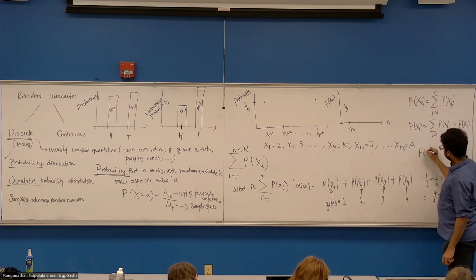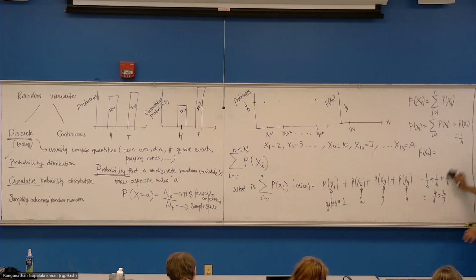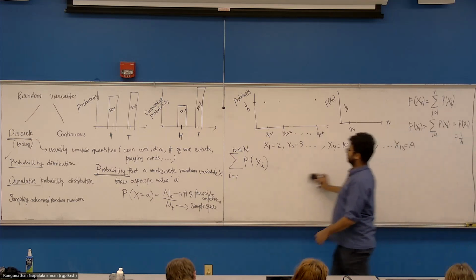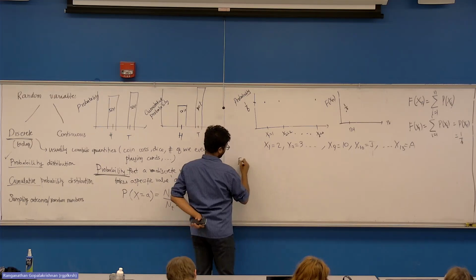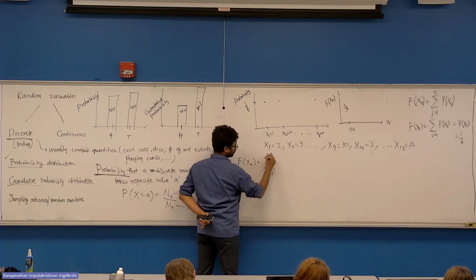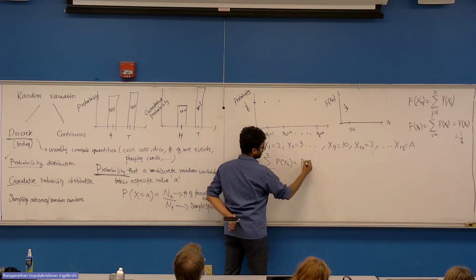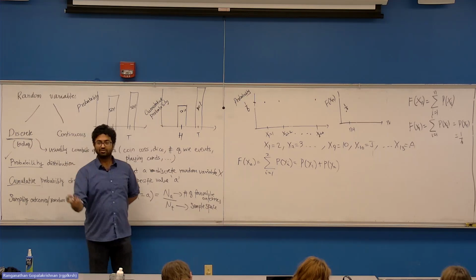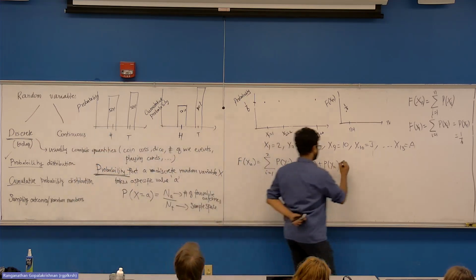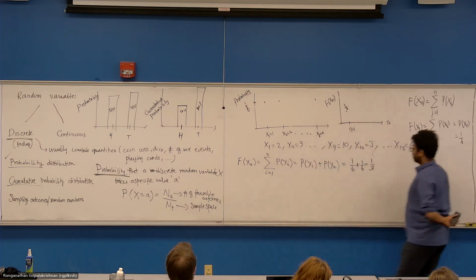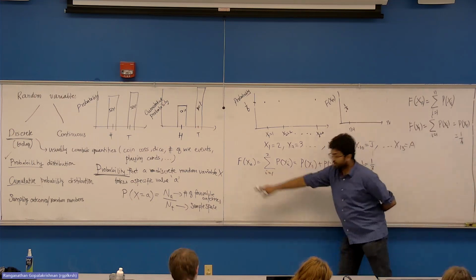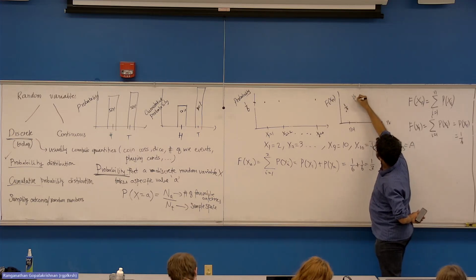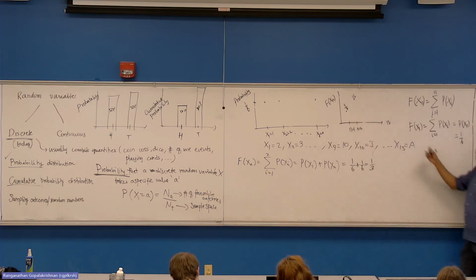What is f of x2? F of x2 is summation i equals 1 to 2 probability of xi, which is probability of x1 plus probability of x2. What is the chance of getting a 1 and then add it to a chance of getting a 2? 1/3, because this is 1/6 plus 1/6. So if I were to plot f of x2, which is the cumulative probability function, that will be 1/3 for n equals 2. So you are going to get like a step function